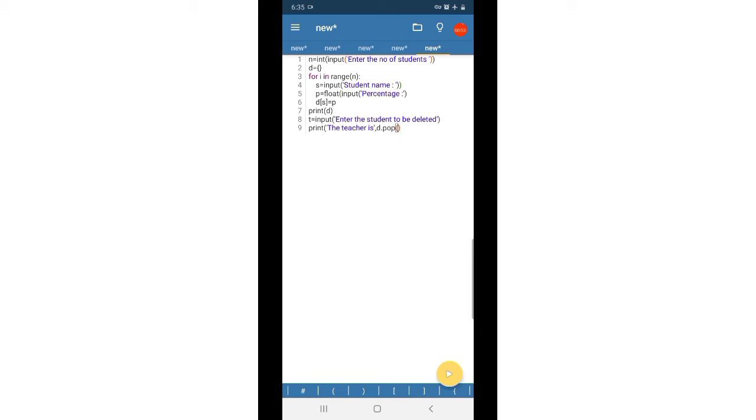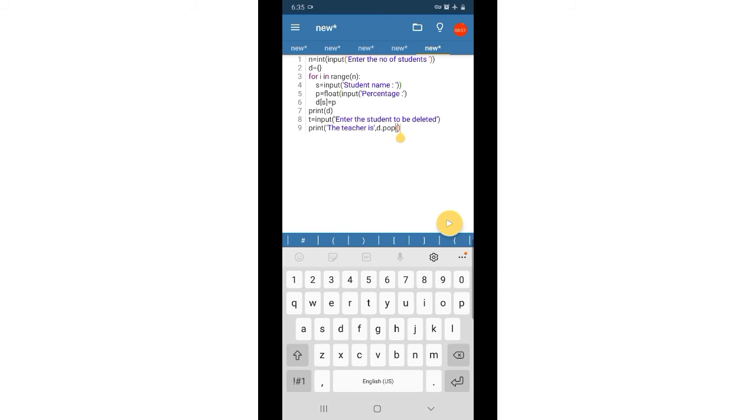Inside the pop function we have to provide the key. So here the key is the student name that is stored in the variable t. After that, print again D, the dictionary after deletion.